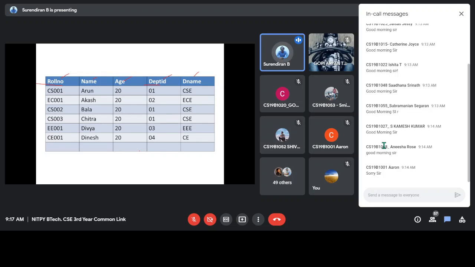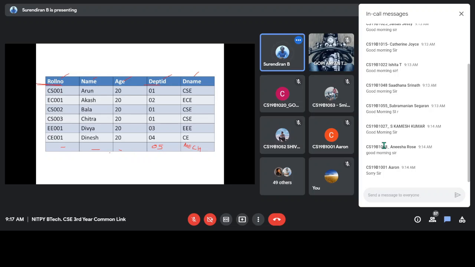But let us say there is a new department they're going to start. Let's say they want to start 05, mechanical, so let us give a code as MECH. But it's a new course, students have not joined right now. So in this case, these fields will be empty. The system will not allow you to insert an empty row here because roll number is a primary key.